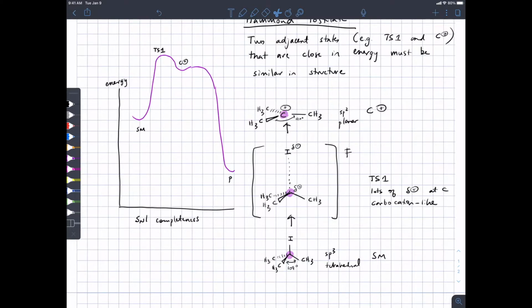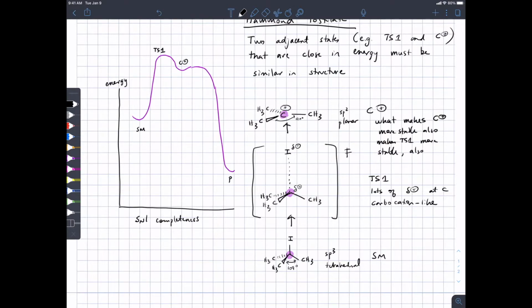They can be studied, they're intermediates, they can be observed. We know what makes carbocations stable. And so, therefore, what makes a carbocation more stable also makes the transition state more stable,